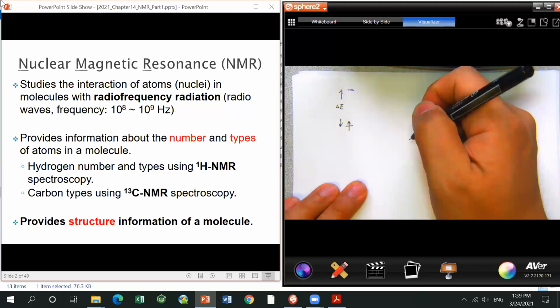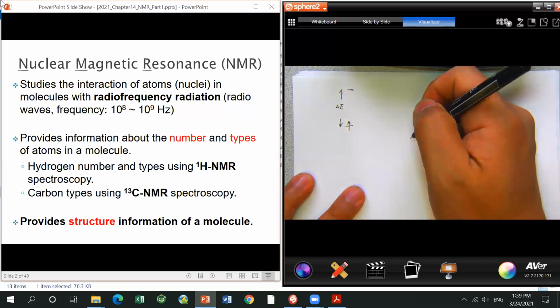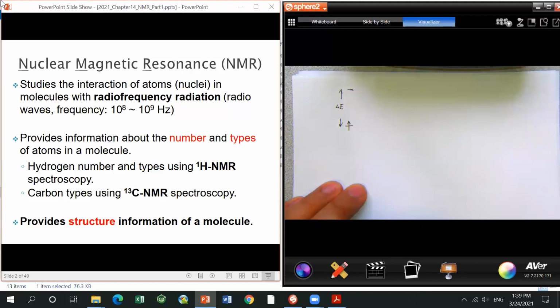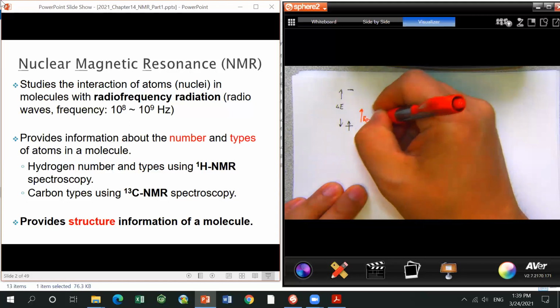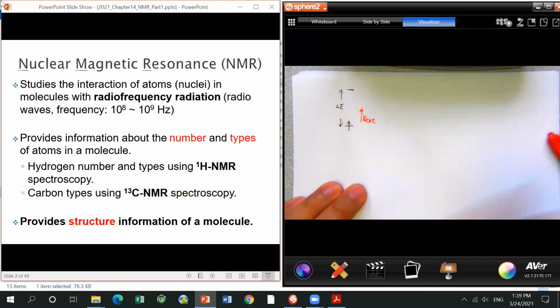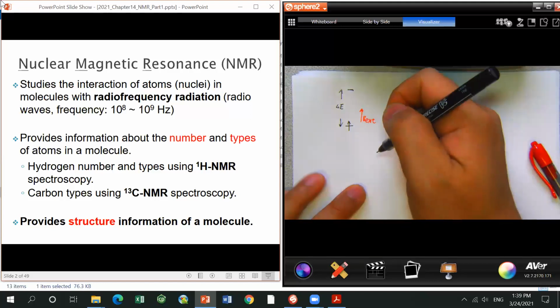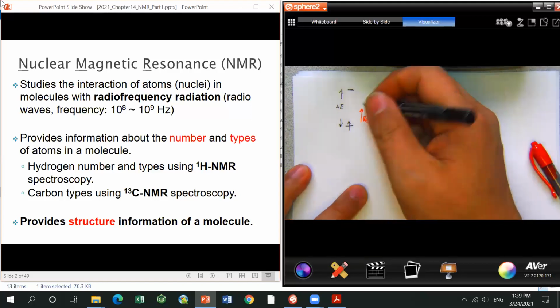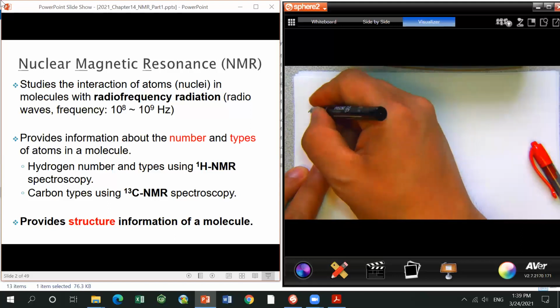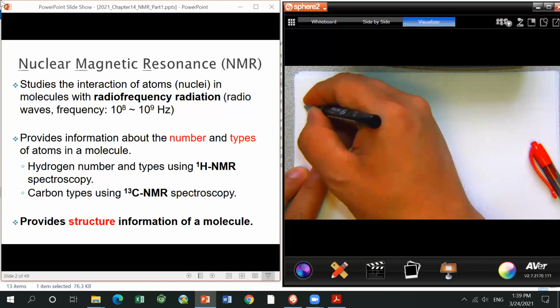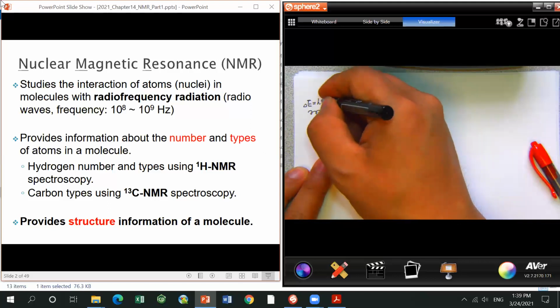Normally a nucleus with spin only stays at the ground state because it has lower energy. The spin aligns with the external magnetic field, B external, in the same direction. Then if you strike the nucleus with some radio frequency, and this radio frequency energy matches the energy gap between the ground state and the excited state,